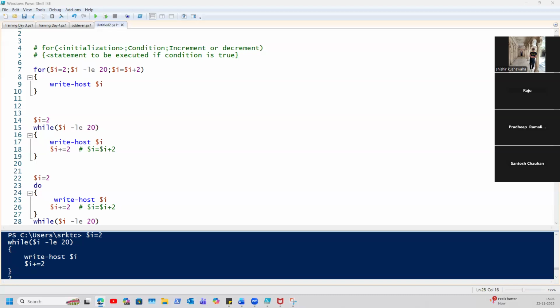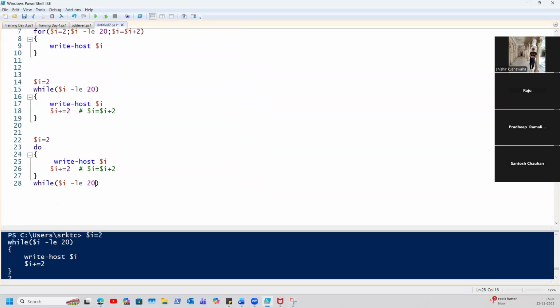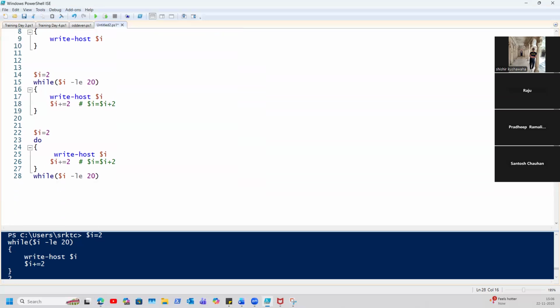Yeah, in the while statement, it will first check the condition and then run the result. Here, it goes with the result and then goes to the condition. And if the condition is false, then it will terminate. Correct. So what happens in do while is that it will